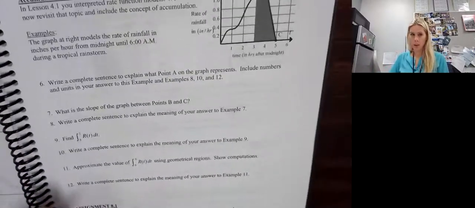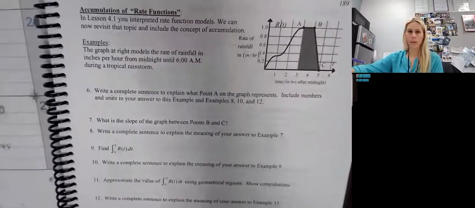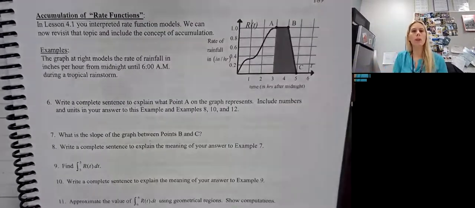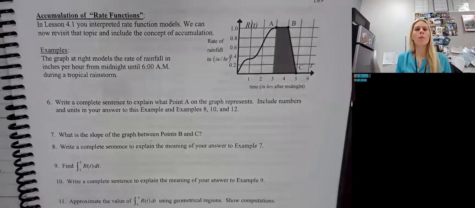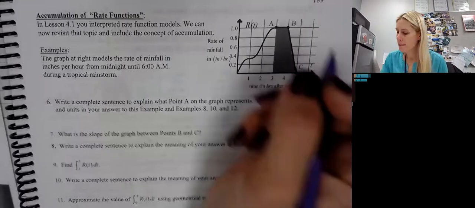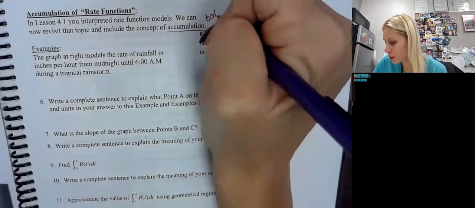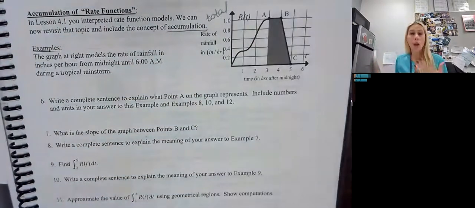All right, let's look at our accumulation of our rate function. So in lesson 4.1, you interpreted the rate function models. We can now revisit the topic and include the concept of accumulation. So what that means is, guys, when we take the integral of a rate function, we are finding the total amount produced. Okay, so accumulation, total. And that is the words you are going to use when writing your sentences for accumulation,